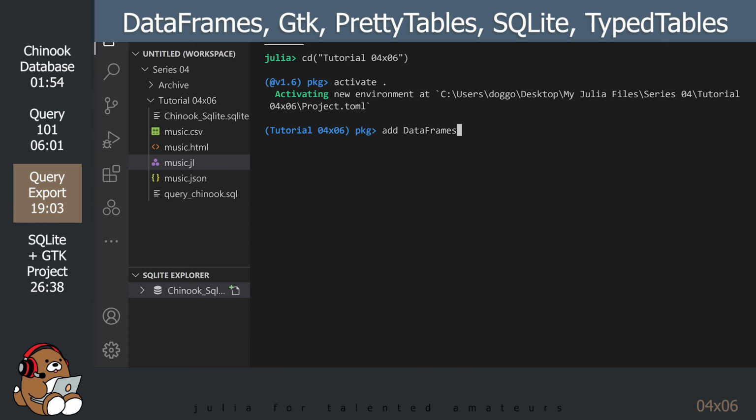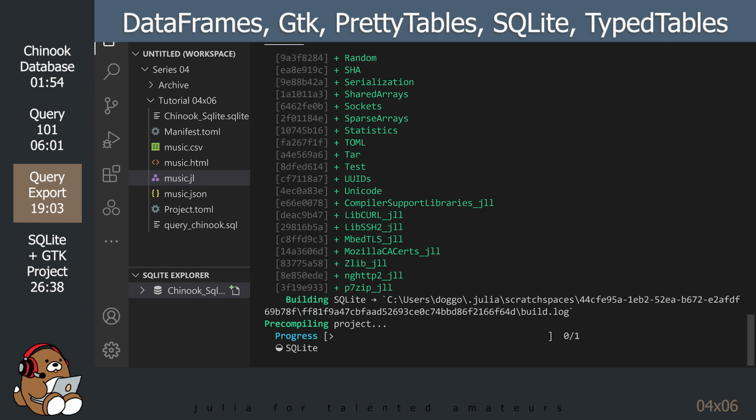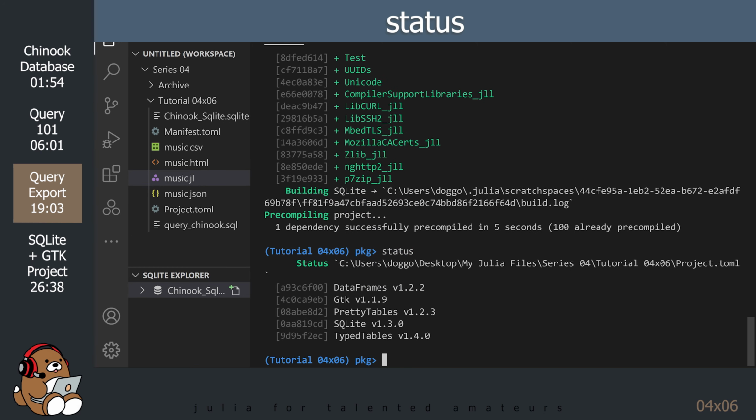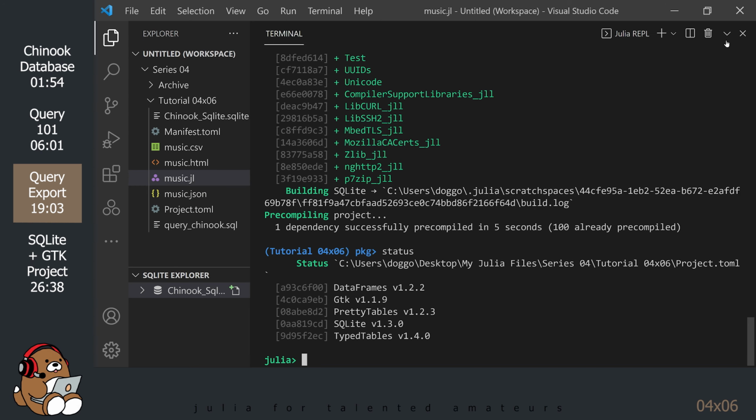Add the following packages: type in status to confirm the version numbers for your packages. Exit the package REPL by hitting backspace. Minimize the terminal panel.